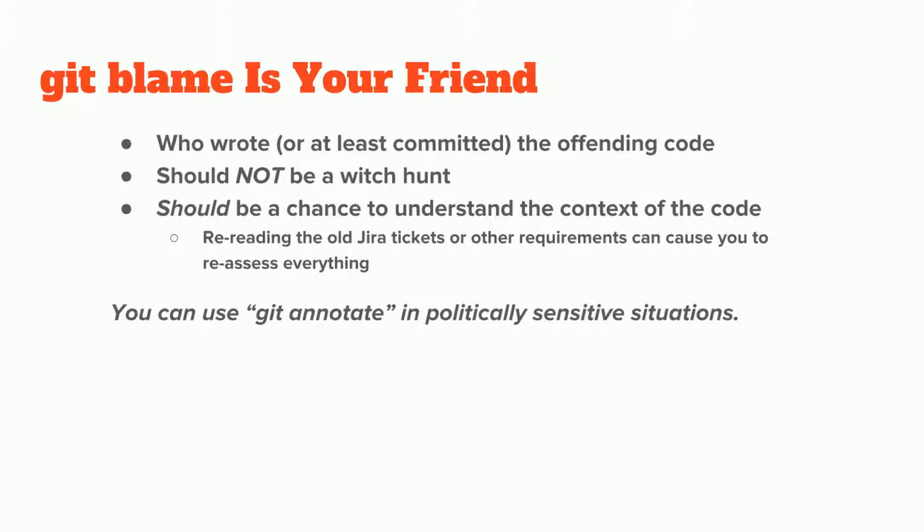Git blame is your friend. Just a note, git blame is the same thing as git annotate. The only problem is annotate is a lot more letters to type, but it's a less angry way of saying, I want to see who wrote this very specific line of code and when they wrote it.